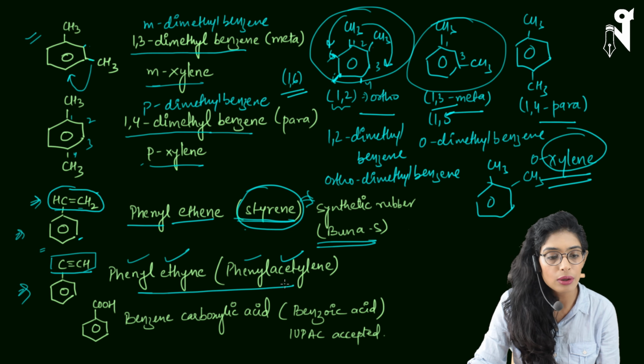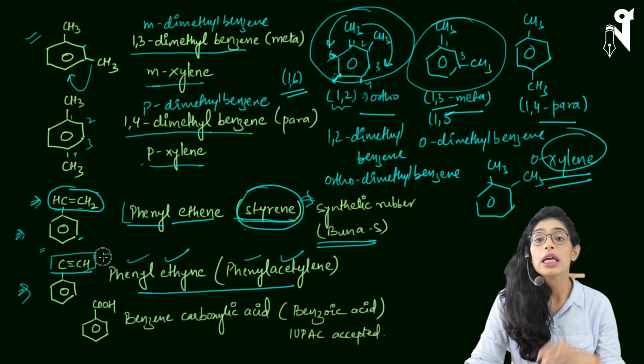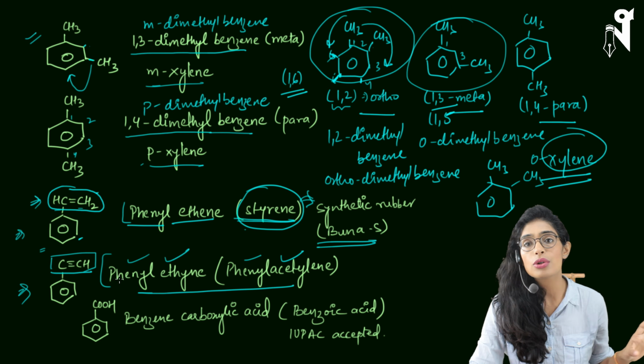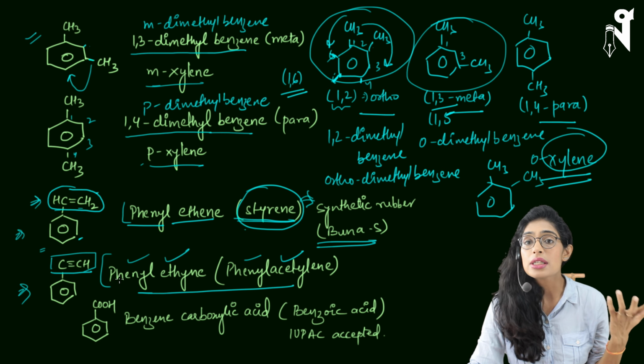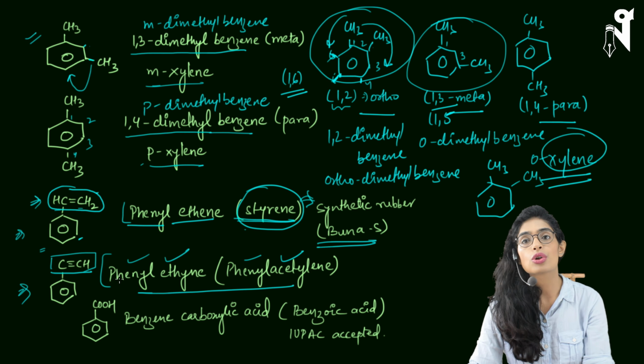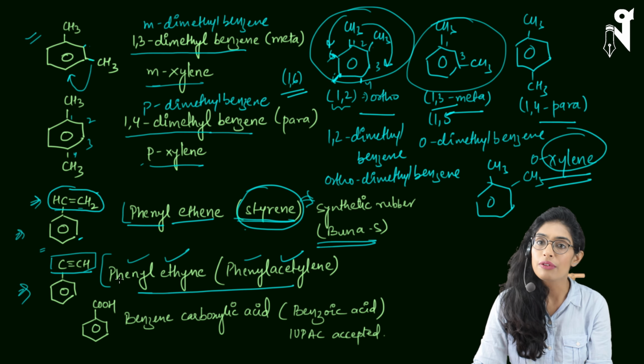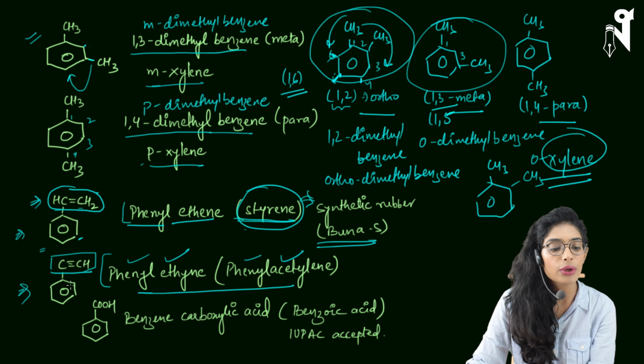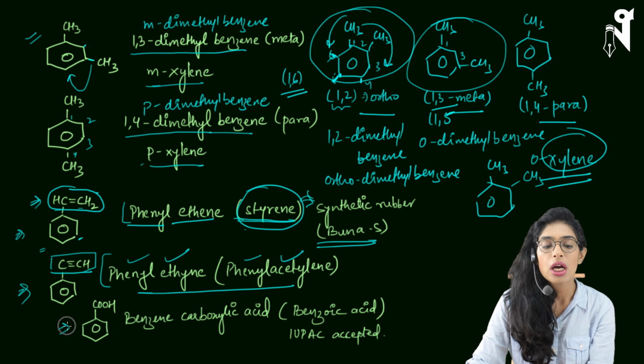Okay, so now I hope you have got the usage of phenyl. If it's a simple R chain without any double bond or triple bond, then benzene is going to be the main chain. Whereas if it has double bonds, triple bonds, or functional groups, then benzene is going to be the prefix. Now you have benzene with COOH. How will we name it?